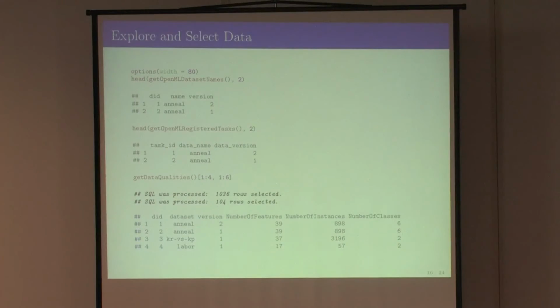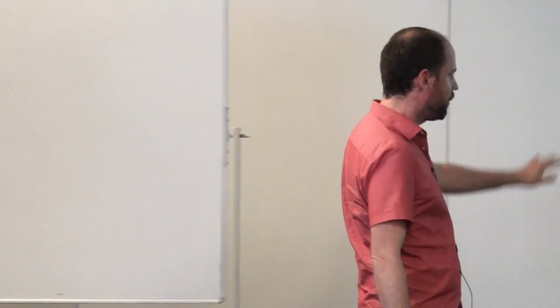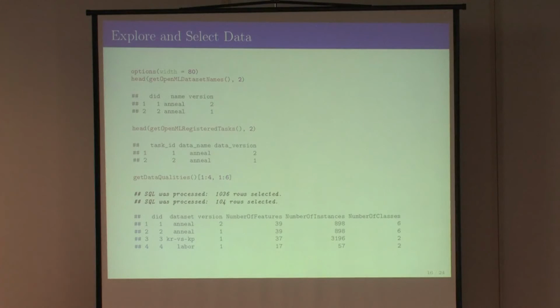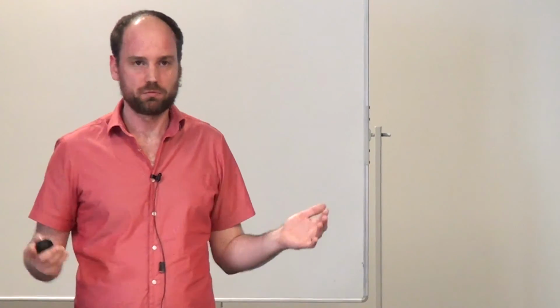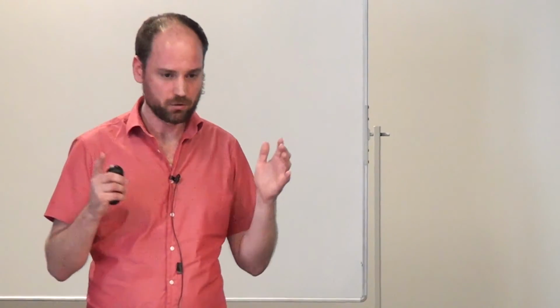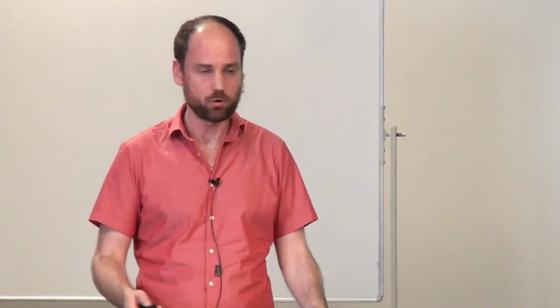So what do you do if you do a study? I don't know. For example, I did the study for imbalanced data sets. I called this function. I looked at everything that had two classes, which was pretty imbalanced. I don't know, at least 10:1, a 10:1 ratio between the class sizes. Usually we dislike missing values, so maybe we want to exclude data sets with those, and so on. And in the end, you maybe have 30 to 50 data sets that define your benchmark study. And then you can just iterate over them and download them.